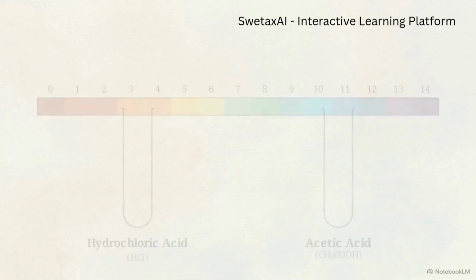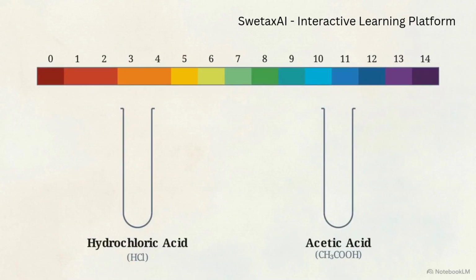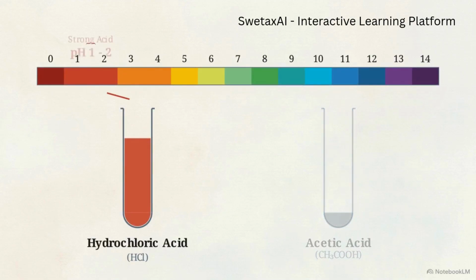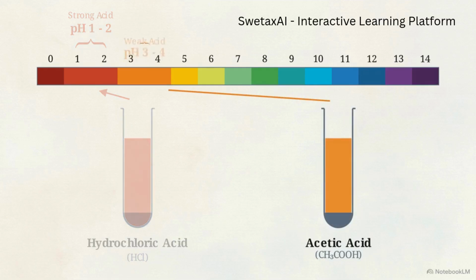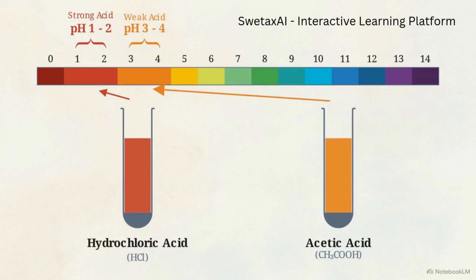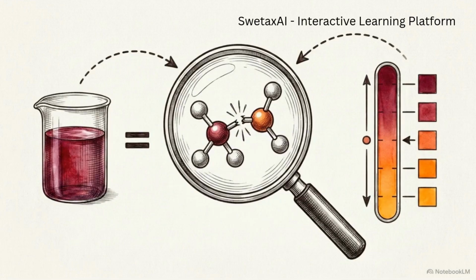The numerical pH scale translates these colors into data. Hydrochloric acid turns deep red, corresponding to a low pH of 1 to 2. Acetic acid is lighter orange, indicating a higher, less acidic pH of 3 to 4. Despite having the same starting concentrations, the discrepancy in their pH levels is the proof that hydrochloric acid is structurally